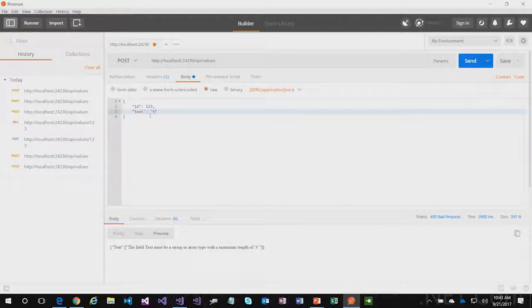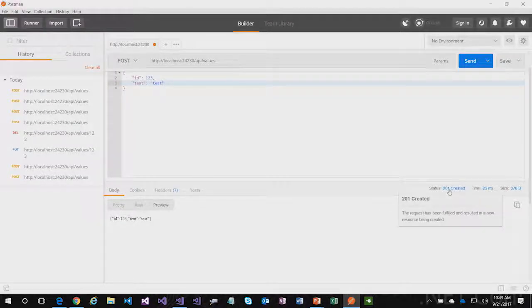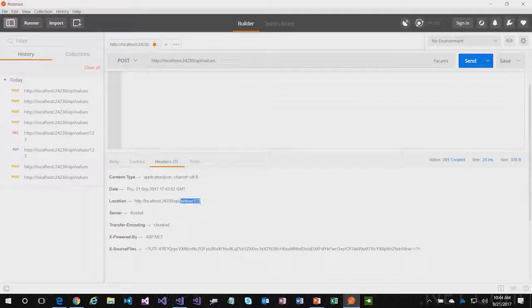All right. If I put the correct value in here now, like something that's longer than 3 characters long, let's see what happens. Let's send that. OK, we got a 201 created response. That CreatedAtAction result took care of setting the right status code, and it returned a formatted representation of the thing that was created. And if I look at the headers, it also very nicely added a location header for me with the ID